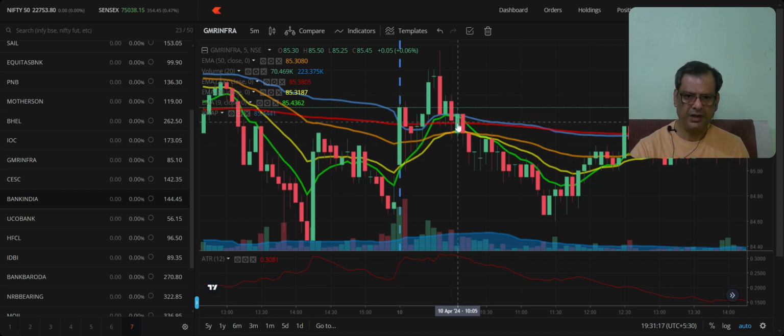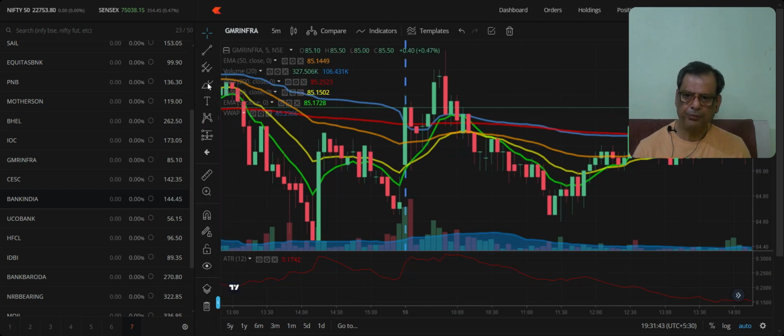And finally, the price opened here at 85, closed at 85.45. 85.45 is slightly two pips above the EMA line, and it is almost one pip above the VWAP. So you could have taken a long here. That depends basically. You can do something like what you need to do here is